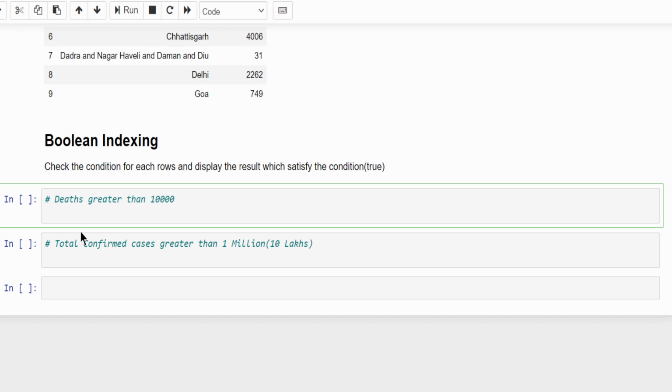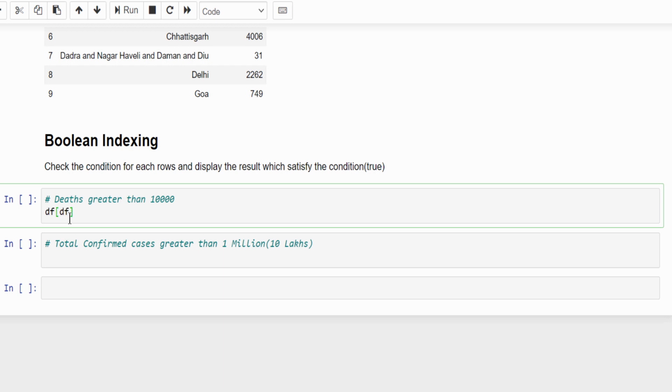Now another way to filter the data is Boolean indexing. This is a very interesting one actually. You can give the condition, and based on the condition it will display the output. This will be most useful in real-time scenarios. For example, you want to find the deaths greater than 10,000 inside the data frame.